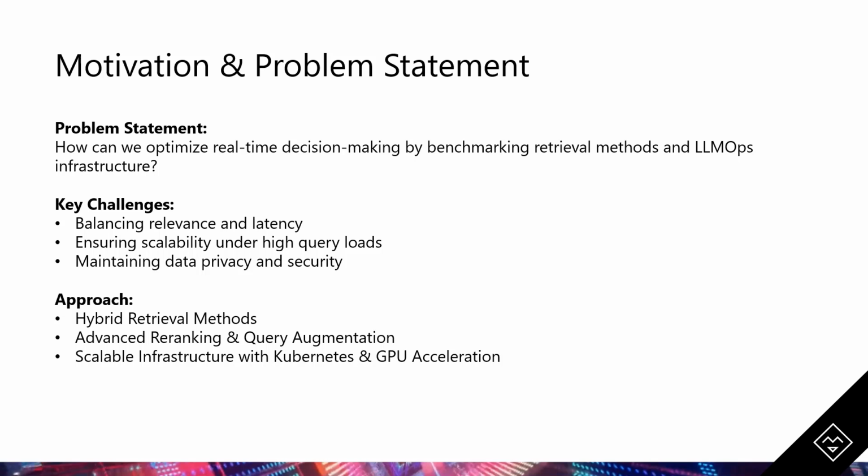Our goal was to create a system that overcomes this limitation. We needed a way to supply LLMs with fresh, domain-specific context in real time. That's where retrieval augmented generation, or RAG, comes in. By dynamically retrieving and incorporating relevant external information, RAG helps ensure that AI responses are both accurate and contextually relevant. Our approach integrates scalable LLMOps with advanced RAG workflows to achieve this, while also prioritizing data privacy and operational safety.